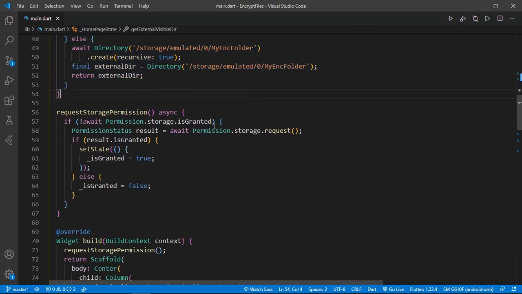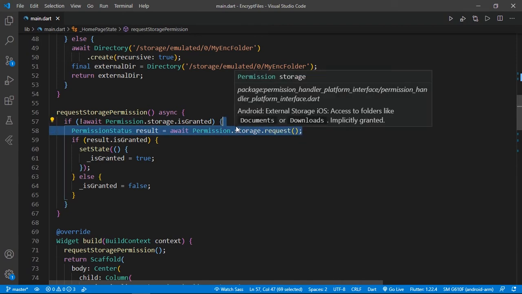Now our third method is requestPermission. How do you ask for runtime permission? Here, if await Permission.storage.isGranted, it will return a boolean value whether permission is granted or not. If that permission is not granted, it will ask for permission. PermissionStatus here is the result of await Permission.storage.request, so it will request a storage permission.